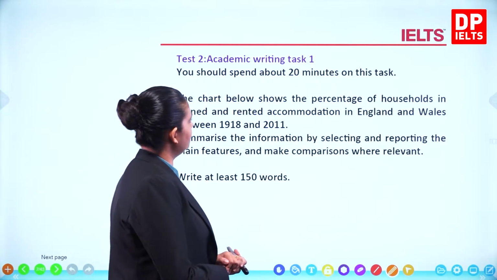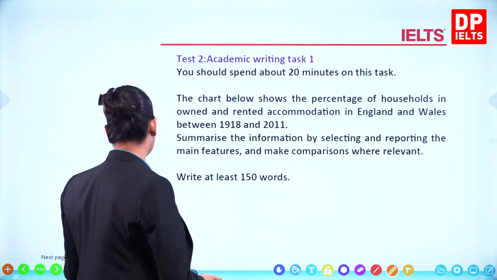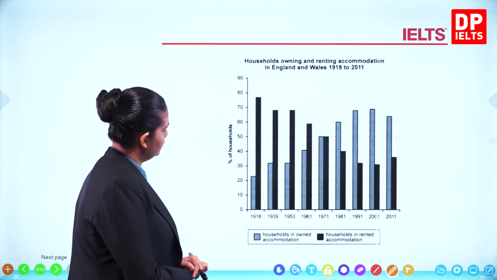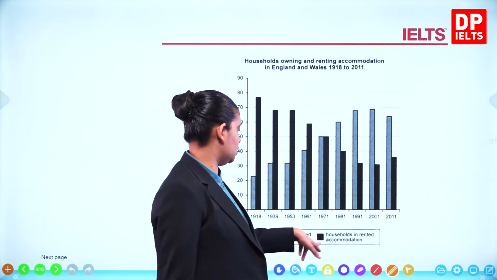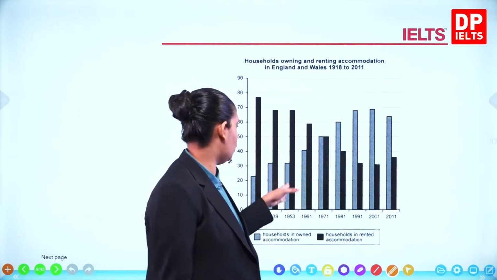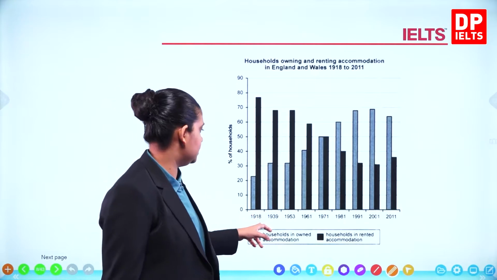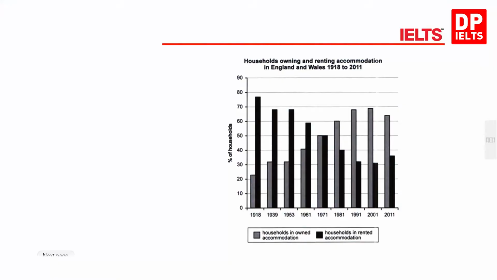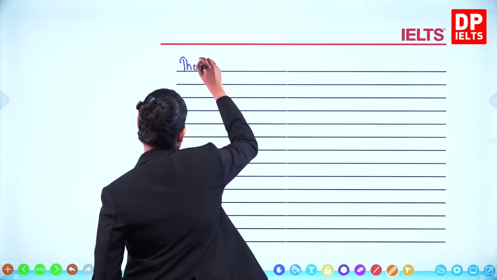You have a chart below and it shows the percentage of households in owned and rented accommodation in England and Wales, 1918 to 2011. I'd like you to take 20 minutes and write an answer. Off you go. Right, so the bar chart